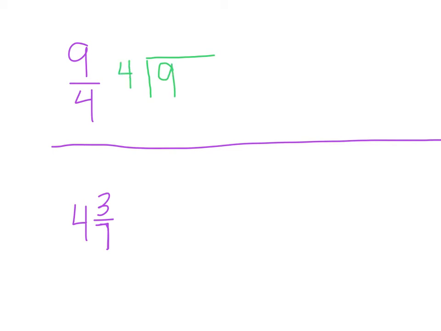This one's not going to be as pretty as the last one where we get a whole number, because I have 9 items. How many groups of 4 can I make? 2 groups of 4 is 8, and subtract. Well, remember how I told you we put decimals in there and we can drop down a 0? Don't do that on this, because we want an actual fraction. So we're going to really pay attention to this 1 at the bottom. We're going to really pay attention to this 2 at the top, and we have to check out that 4